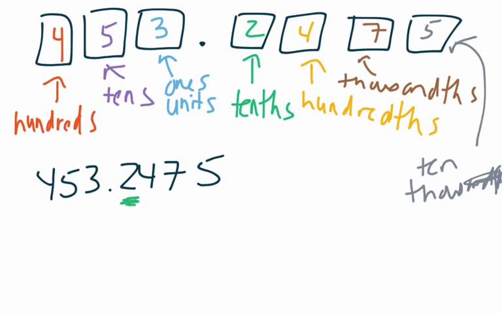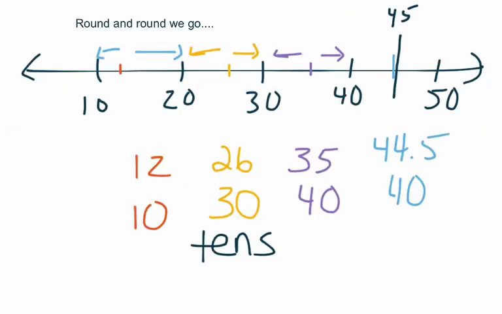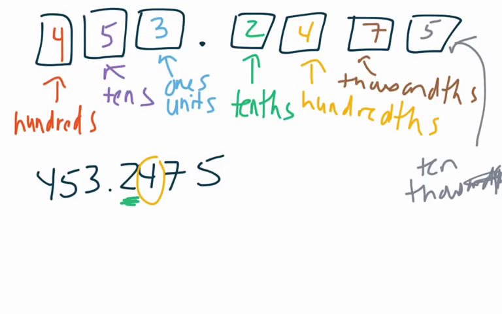You only look one digit to the right. So you don't go to the 7 and say, oh, the 7's going to round the 4 up to the 5, and then the 5 will round the 2 up to the 3. You don't do that. You only look at the one digit to the right. Whatever's out here, we don't care about it. Because that's a 4, the 4 is going to put us closer to the lower number than to the higher number. And so this number rounds down to